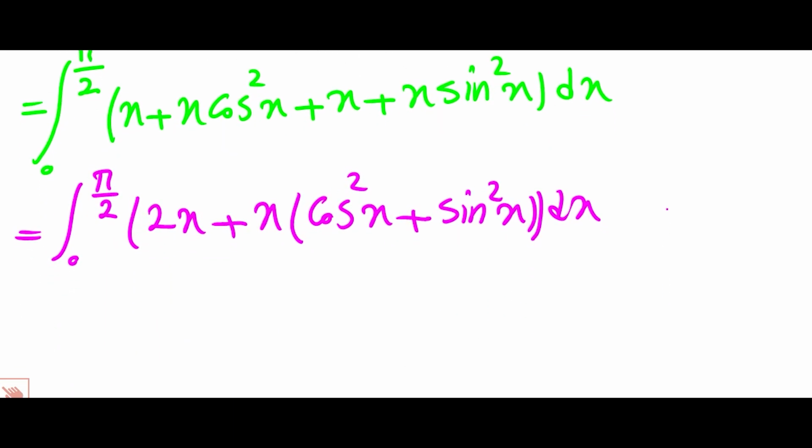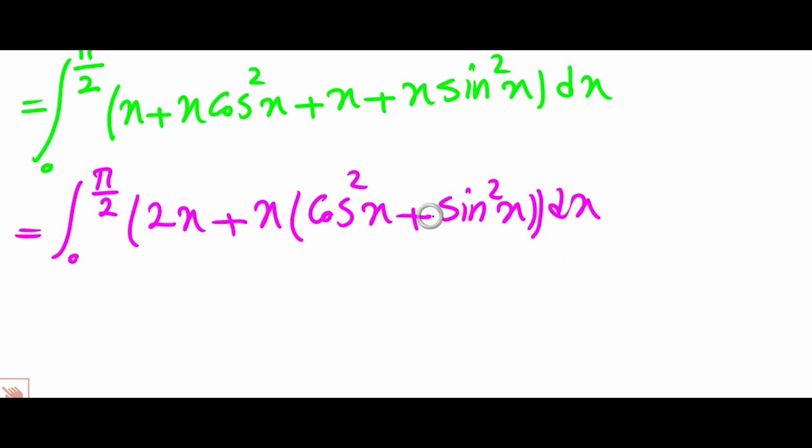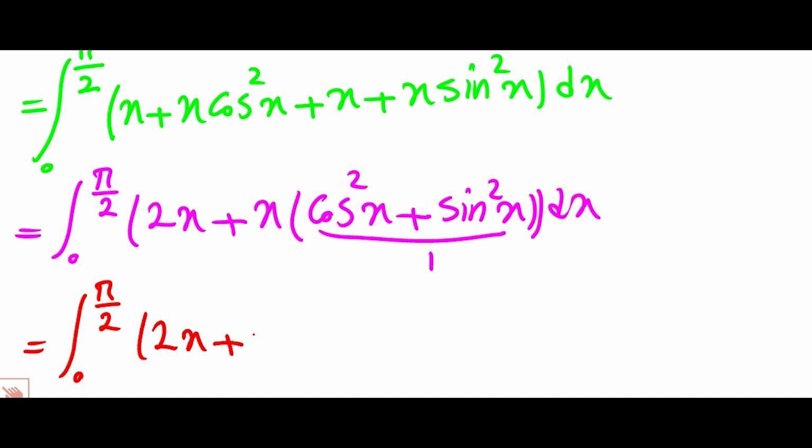Right? And as you know, cosine squared x plus sine squared x equals 1. So the integral becomes the integral from 0 to pi over 2 of 2x plus x dx, or